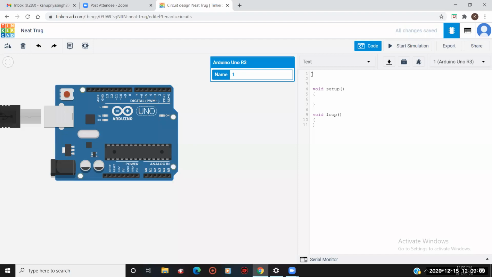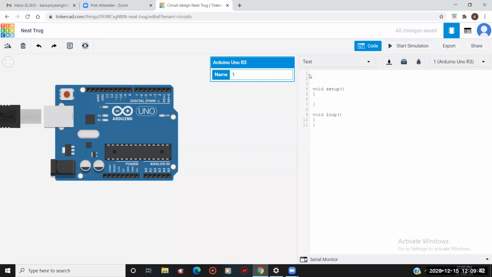So for today, I want to print on my serial monitor. You know very well that if we want to use any type of variable or anything in which we want to store the data or any set of information, then we have to declare it first, right? So we will declare a variable which will store the values that are the counting. Counting, you know, right? 1, 2, 3, 4, 5, 6, up to 100 or up to a bigger number. So we are going to print the counting on our serial monitor.